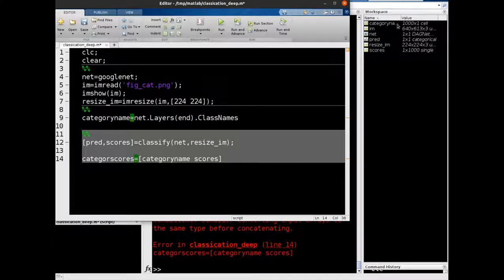So the scores and predicted variable has been created in the workspace, but there is an error, and this is because we have concatenated two variables with different dimensions. If you see over here, the category name is a cell with a 1000 cross 1 size, and scores is an array with 1 cross 1000 size. So first of all, we have to take the transpose of this